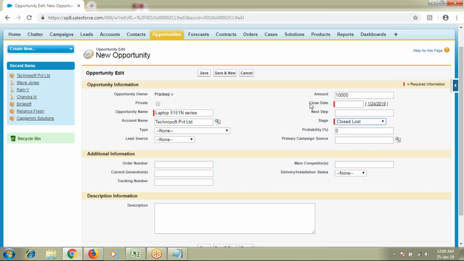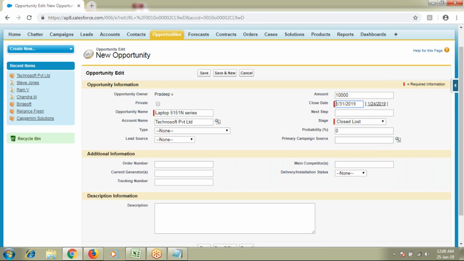Okay, so now we have something called close date. Now let's suppose today we got a request to sell 10,000 products worth of 10,000 plus. So like I told you, there are so many stages involved while doing a deal. Now today we have a request. So based on these stages and based on the amount and the number of products they require, I am planning to close this deal by, let's suppose, 31st.